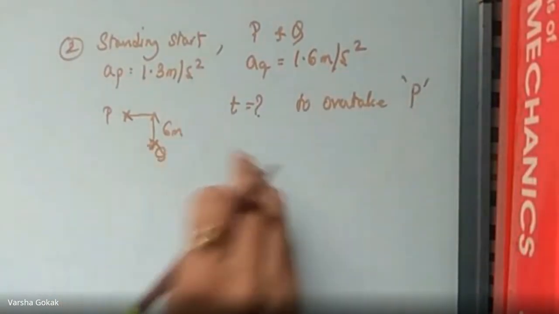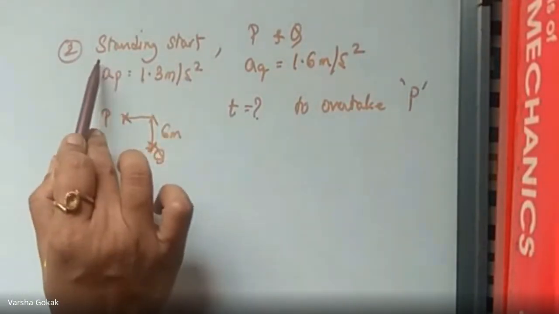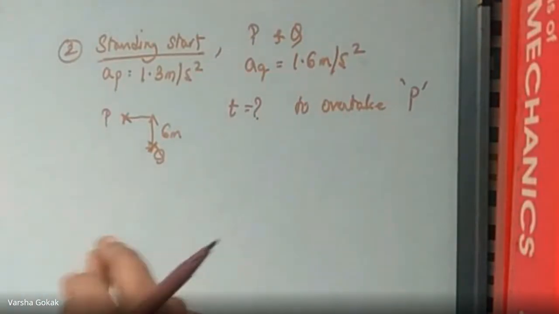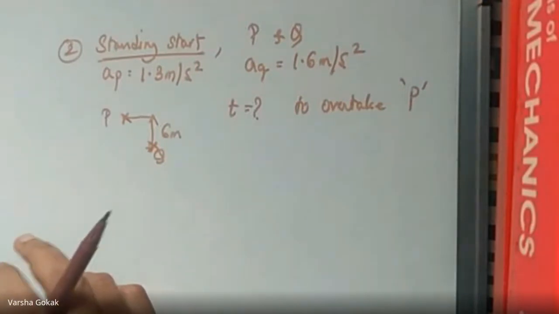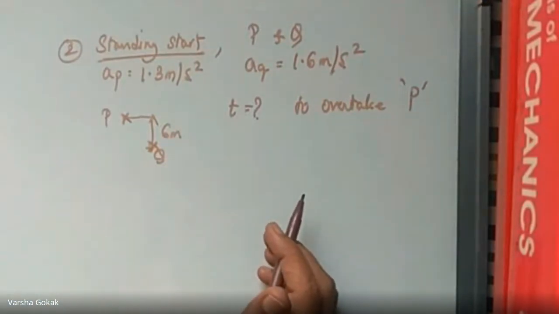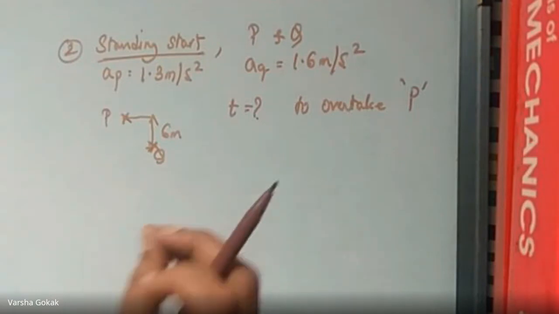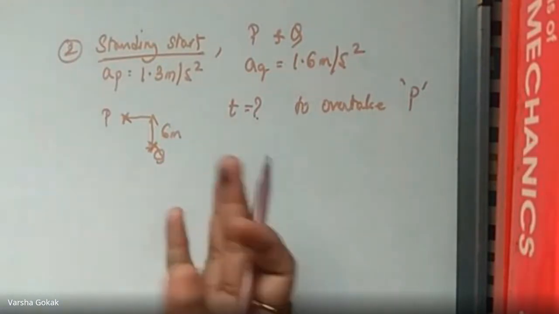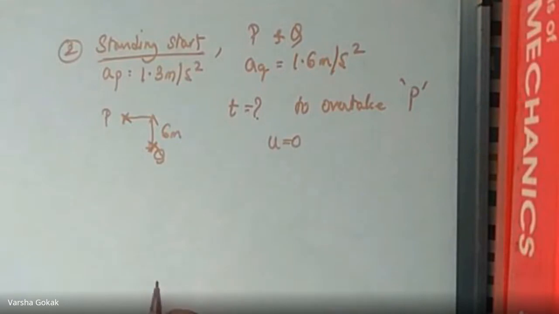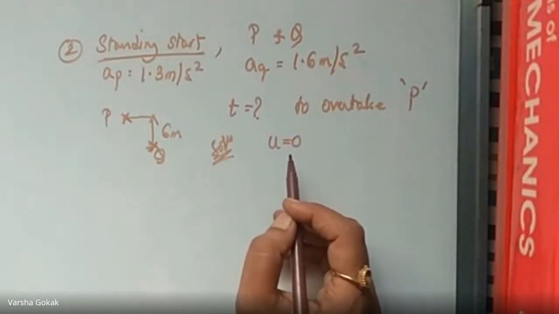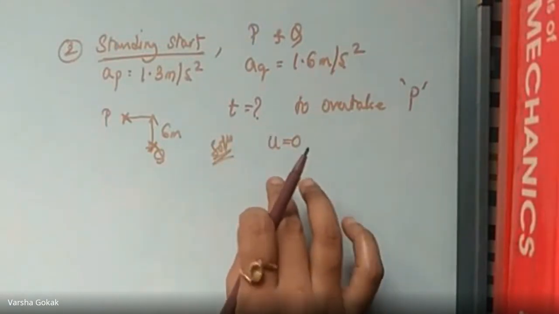Now, previously how we did, it is on the same lines. So what do you understand when I say it is a standing start? Two cars P and Q accelerate from a standing start. What is it trying to tell you there? Any guesses? Standing still. U is equal to 0. Yes, u equal to 0. So standing start tells me that the initial velocity of both of them is going to be 0.